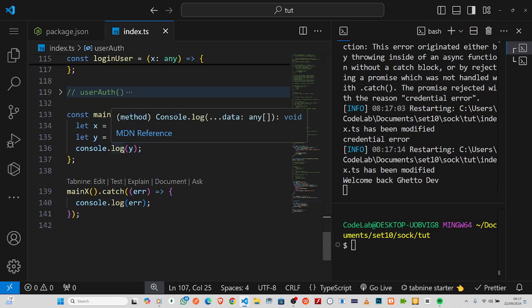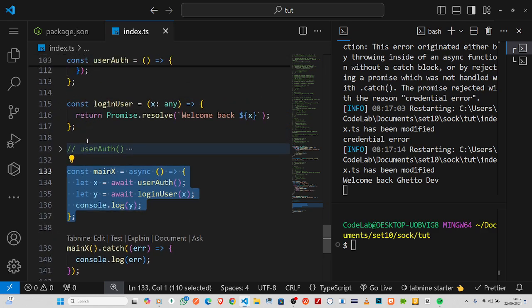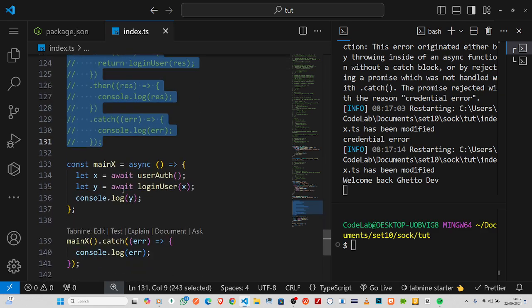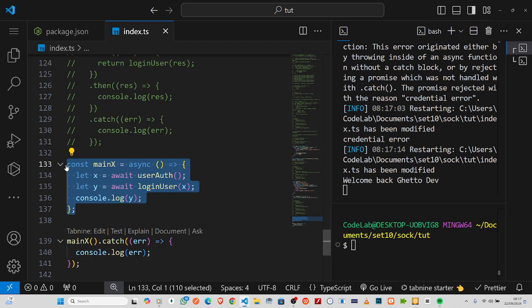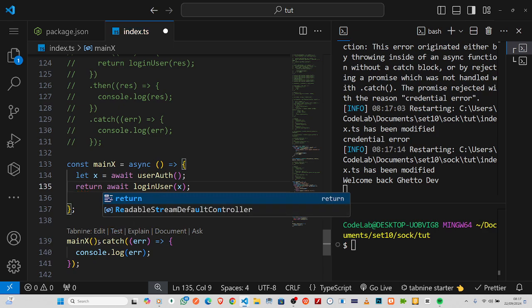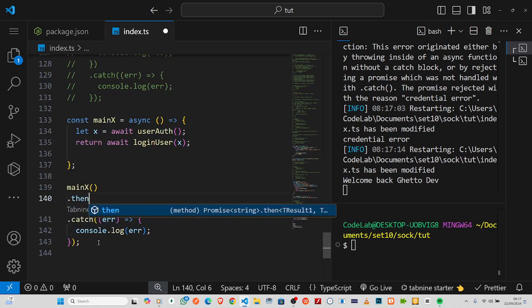Now, this is how we would use the async await. So you see, it's just 4 lines of code, but for here we have to still go from here to here. So async await makes our code concise, neater, and easy to read, right? So that is it. Of course, in a literal term, I won't do this. So I would come here, then I'll say return. So for here,